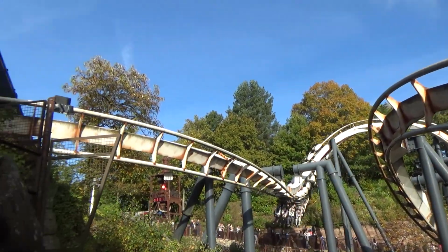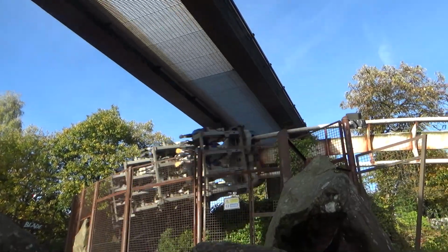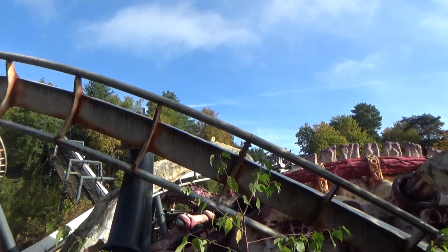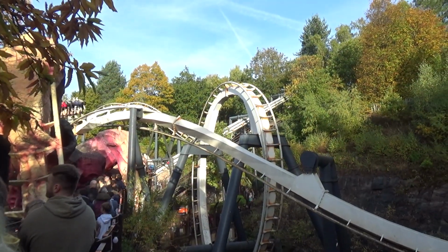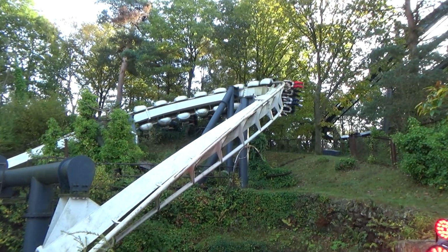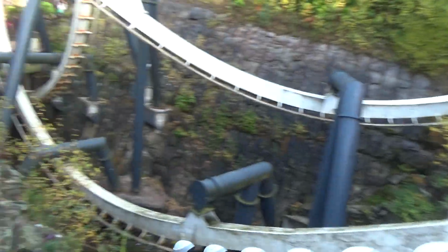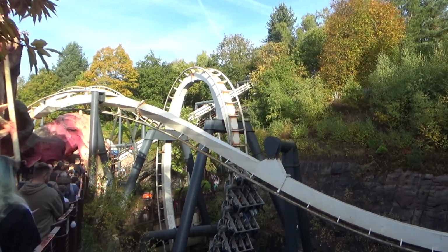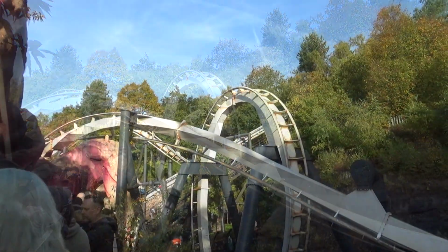Then you go into a 0G roll, a pretty whippy inversion, but also quite floaty, as a 0G roll should be. This takes you over the station. It is really, really nice. Then you come up again and go into a stall turn. Now, this element doesn't really do much. It's kind of just there to turn it around. It's got no real force to it or anything, but it's still a cool way as you go up to